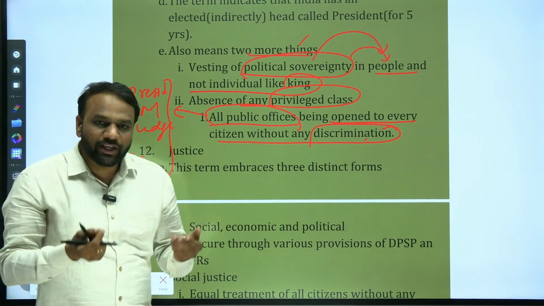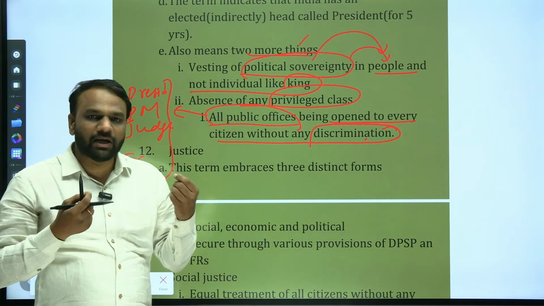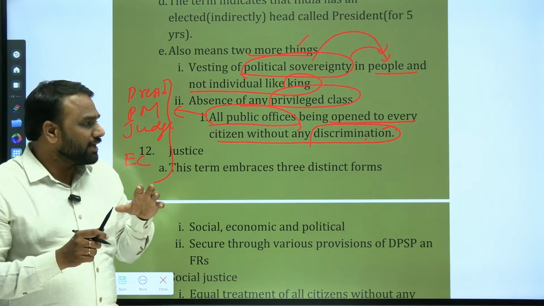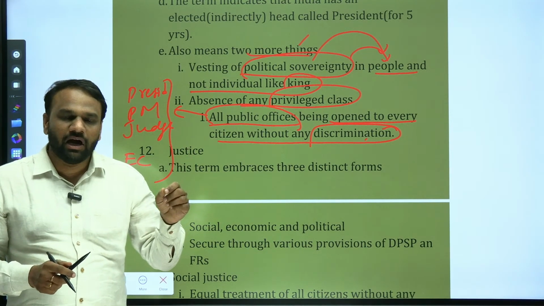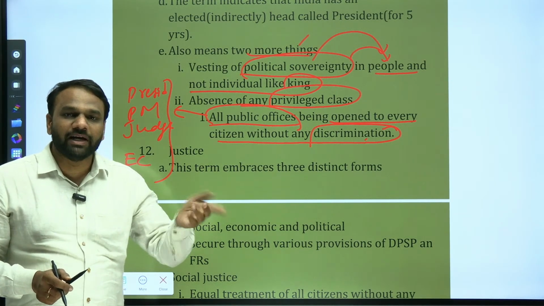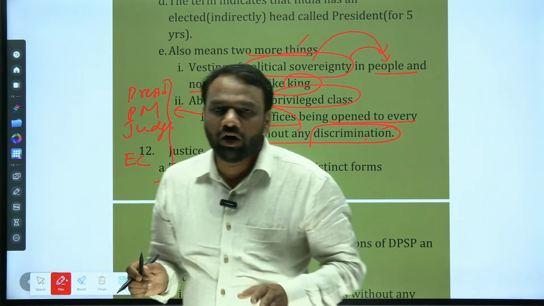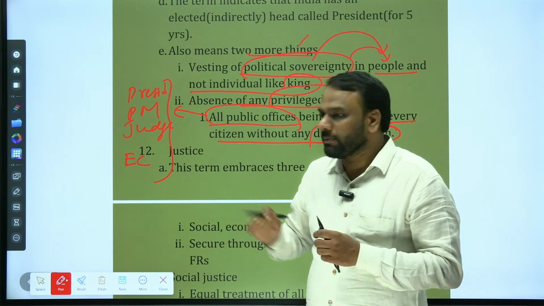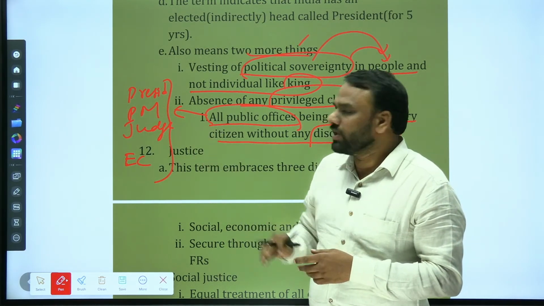So when we are appointing a person as a judge of the Supreme Court or as an election commissioner, we will not subject them to any kind of discrimination. For example, if a person belongs to a particular caste, I cannot say I'll not appoint him, because that would be discrimination. The Indian Constitution does not provide for any such discrimination, and all the offices are open to everyone. A person belonging to any religion, any caste, any gender can hold these public offices.